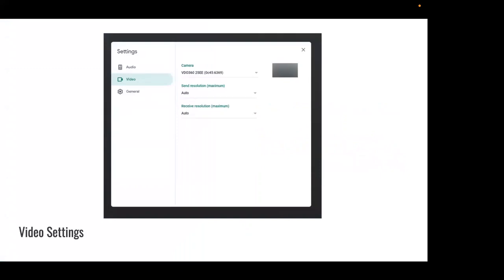Just so I don't have to go into a browser and show you right now, we can definitely go into a browser later and I can show you some of the Google stuff. But immediately you can see from this screenshot that Google Meet is a lot more bare bones than Zoom. In comparison to Zoom, you have a lot less options. You have the option to change what camera you're coming from, and you have the option to change the send resolution and the receive resolution,